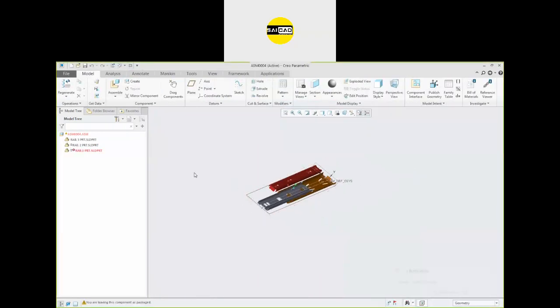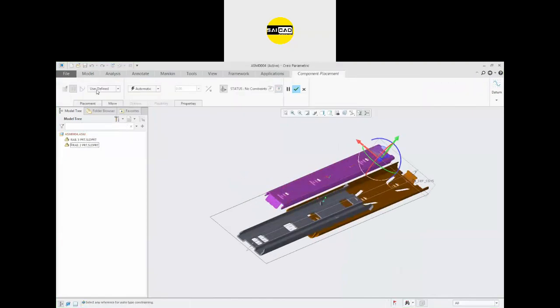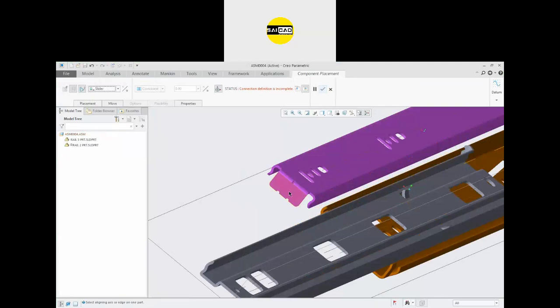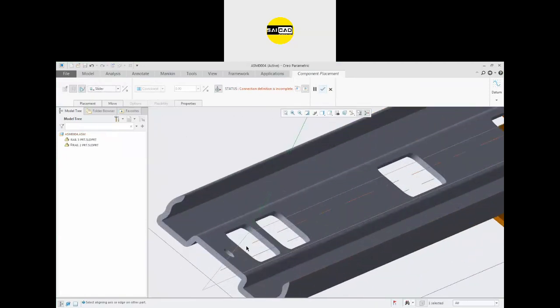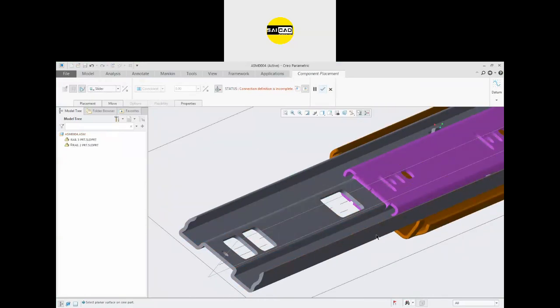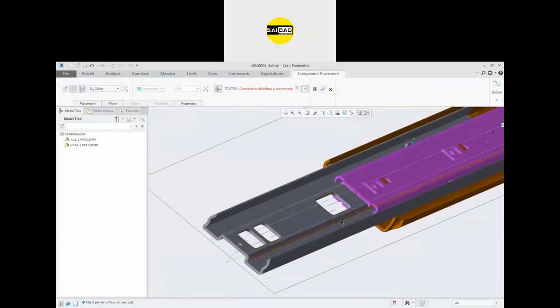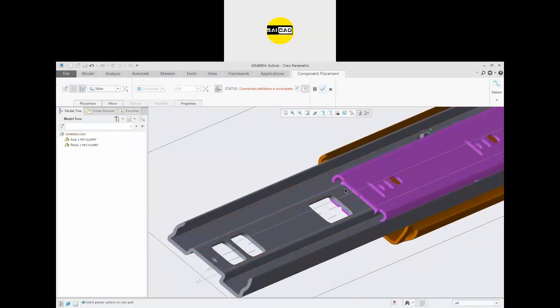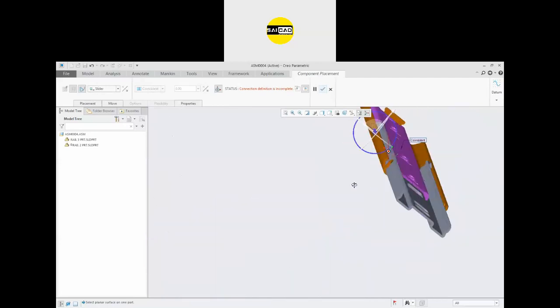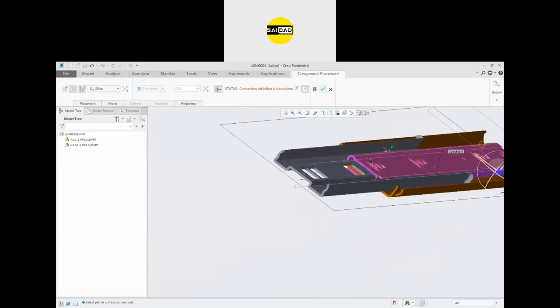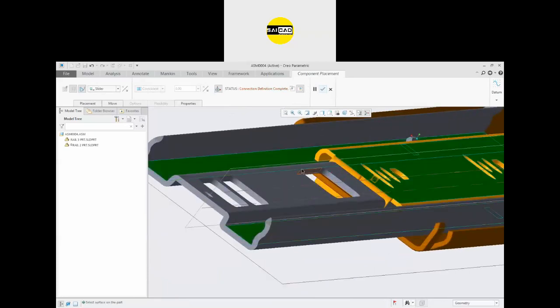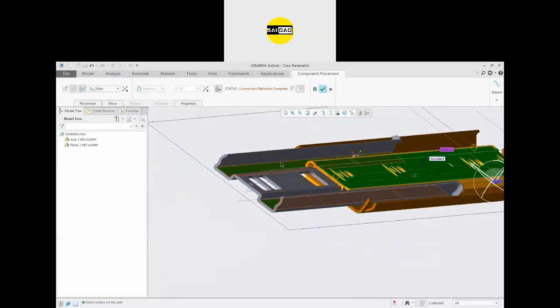Save, close. Now you will see edit this component, go to the slider, select this axis, select this one axis from here, and you can see the component is in the center. Select two faces for the relation in the face, like this one and this one. We need to adjust the component according to the need.